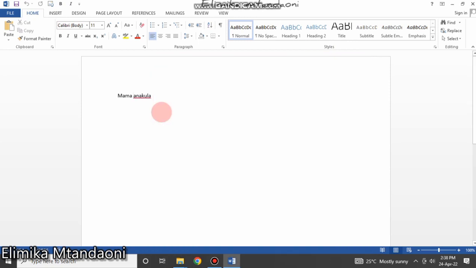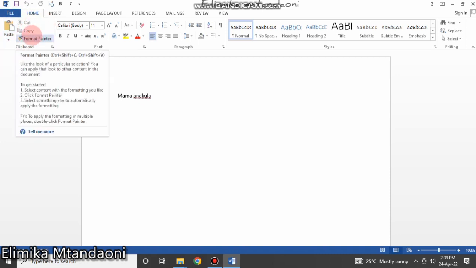Okay, let us proceed. Let us see these groups one after another. We have the first group, which is called the clipboard group. Actually, this is the first group on the Word home tab. If you want to open more options, for example, here you have commands like cut, copy, format painter, paste, but this clipboard has more